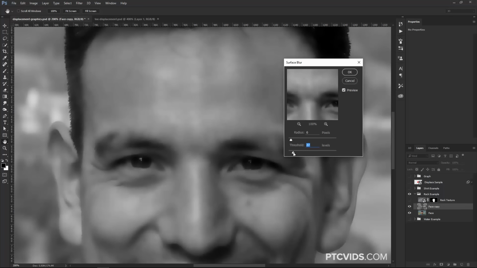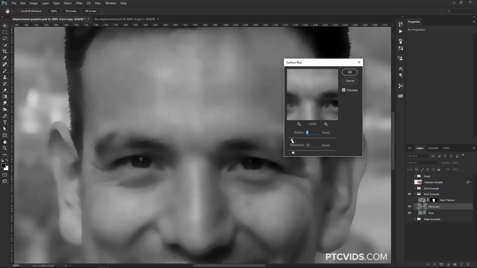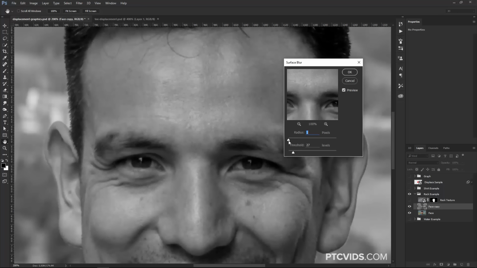It blurs the image, but it sort of leaves the edges intact. So I can do an extreme so you can see what that looks like. So it blurred most of the large patches, but it left the edges. So let's just do something that'll work for this image. So I'm trying to get rid of the skin texture there. So maybe something like 4 pixels will work, or maybe 3. We'll leave it at 3 and press